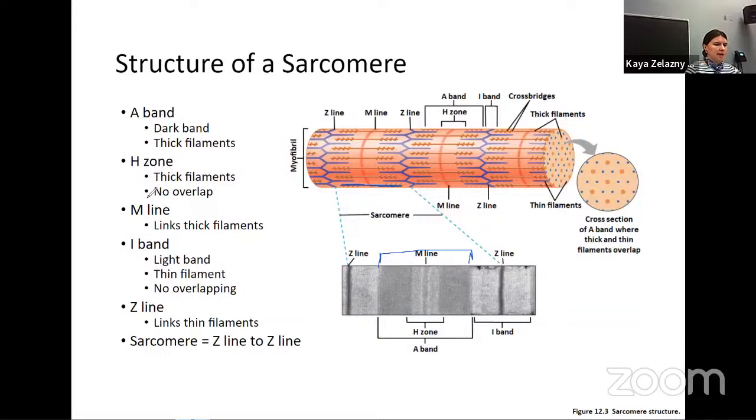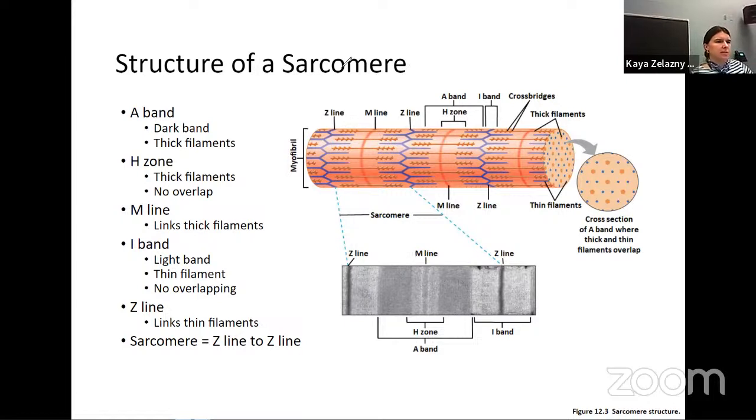Okay. Then we have our H zone, which is located within that A band. So here we have the H zone. The H zone still has thick filaments, but this is going to be an area of the sarcomere where we have no overlap between the thick and the thin filaments. So actually, when we're talking about overlap, let me, on this zoomed in sarcomere, show you